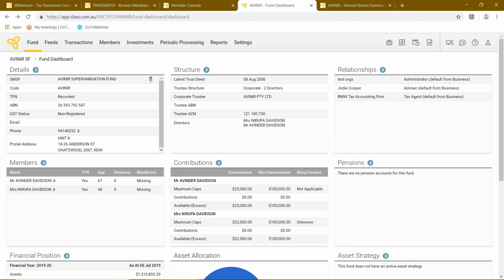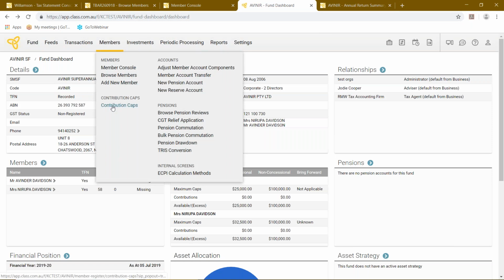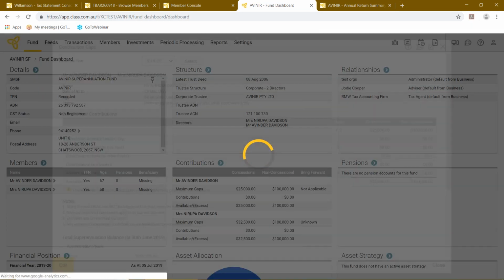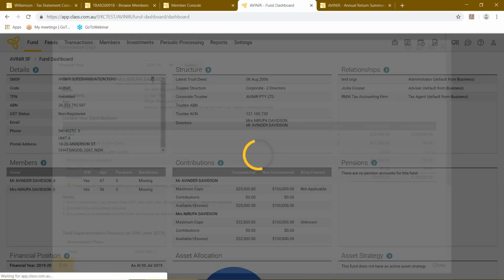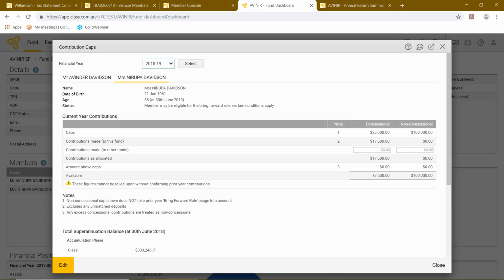Now, the actual usage of the unused cap can only be done, as I mentioned earlier, if for that financial year your total super balance is less than 500,000. So again, the total balance is actually quite important. Then, if I go into the contribution caps area, it's where you probably see that information the most. So if I go to 18-19, this is the first year that we're actually accumulating